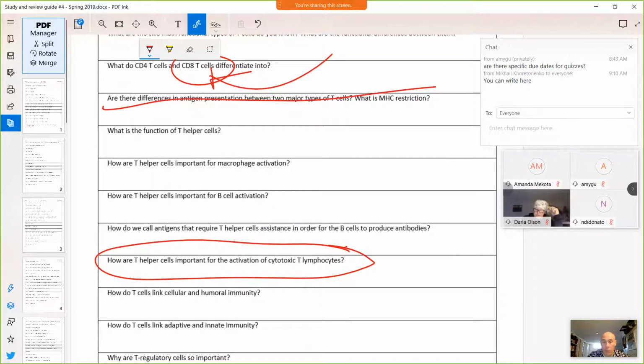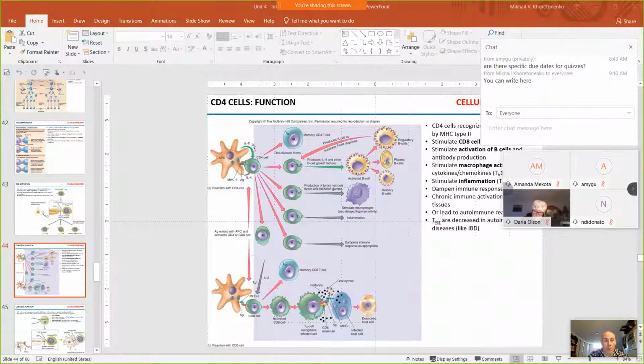Now, you have probably finished or are about to finish watching the videos for that unit, but you know that HIV infects CD4 cells. As a result of this infection, CD4 cells die. If you don't have CD4 cells, you have very limited B cell activation, very limited macrophage activation, and very limited CD8 differentiation into cytotoxic lymphocytes. So basically, all branches of your immune response are suddenly affected. Make sense? The entire adaptive immunity is wiped out.